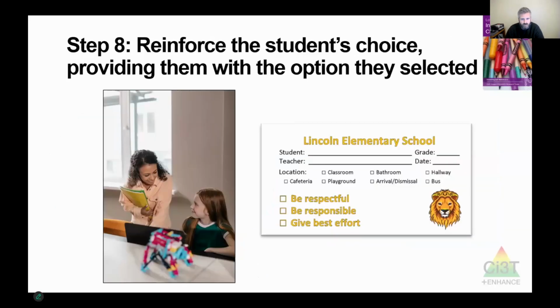And then the second to last step is going to be to reinforce the student's choice by providing them with what they've selected. It can be really damaging if you give people a choice and then they make a choice and then you take it away from them. I don't think that you would do that on purpose, but every once in a while, circumstances may conspire to make a certain choice less desirable for you, the teacher. And then when the student has made that choice, you have sort of seller's regret and you're like, oh, I wish they hadn't chosen that choice. And unfortunately, once you've offered the choice, you really need to stick with it, because taking it away sort of pulls the rug out from underneath the student and yourself.